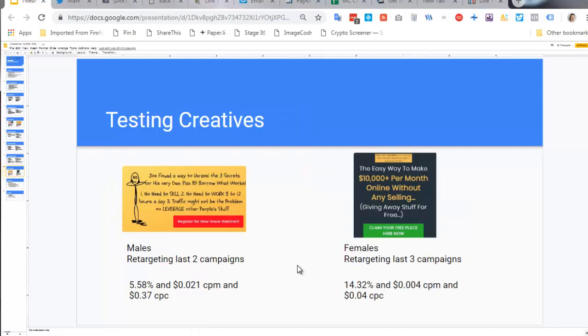And then in the last round for this week's webinar, I have two different creatives, one for the males and one for the females. So the one on the left is a variation of the Meet Joe card, and the one on the right is just a very simple snapshot of the landing page. And we've got a 5.58% response rate versus 14.32% response rate. There is a difference in retargeting here, 3 campaigns versus 2 campaigns. So that tells me this could have well been closer to that normal 9%. But this creative was working for the webinar. Still not getting people to sign up.